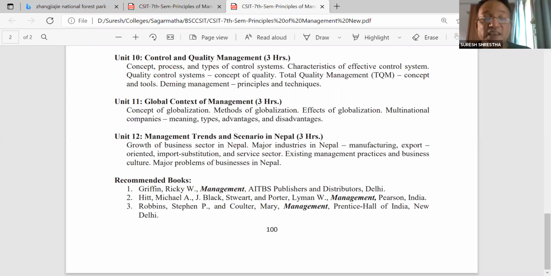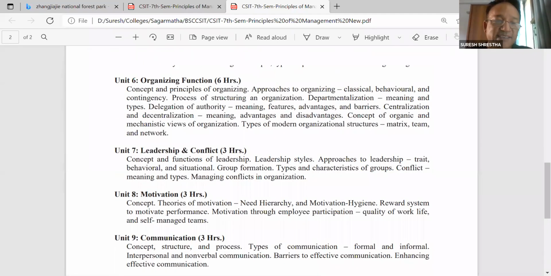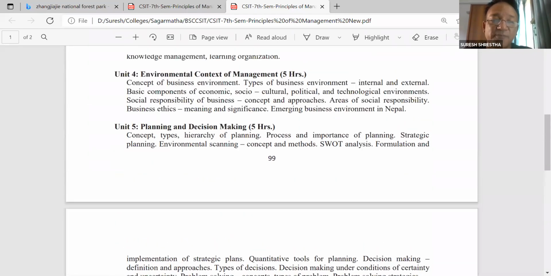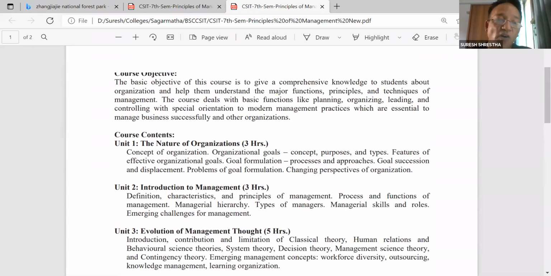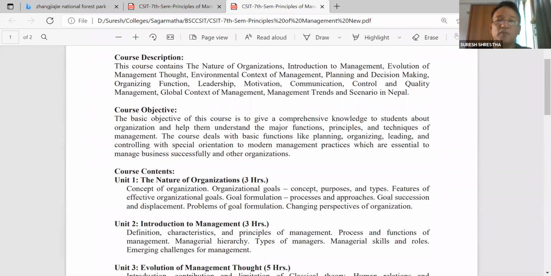And the last thing is the context of Nepal. It's how the management trends exist, what kind of management trends exist in Nepal, and the different industrial sectors, particularly with respect to Nepal, we'll discuss in unit 12. So this is how your course is structured, and we'll follow this course as it is. And the mode of